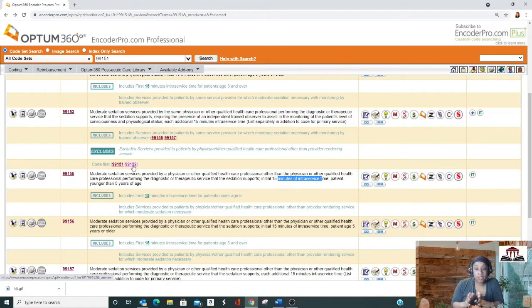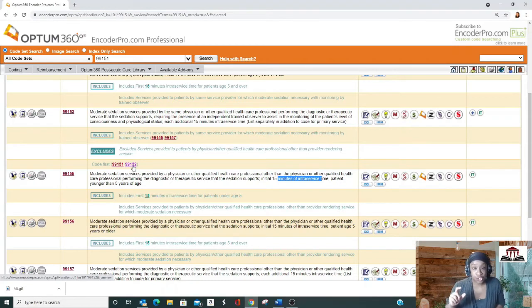Now, I want to speak a little bit about this when we talk about moderate sedation, because yes, I just said the provider should document the type of sedation, and I'll absolutely stand by that. However, there's kind of a curveball I'm going to give you, and that is if a provider says a service is moderate sedation, and I tell you this because I've had providers who've done this, they've said it's a moderate sedation service.